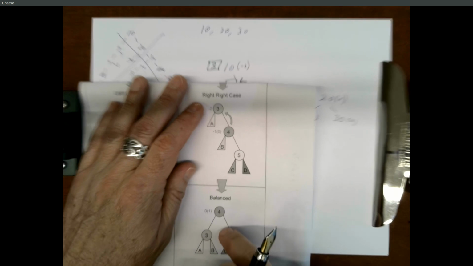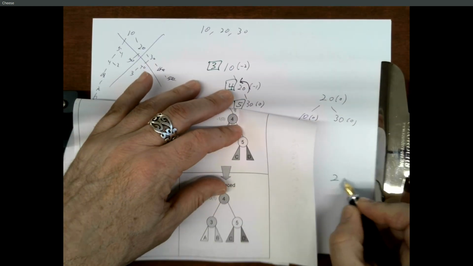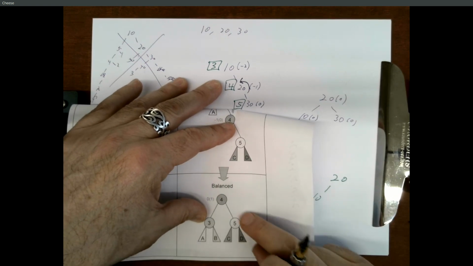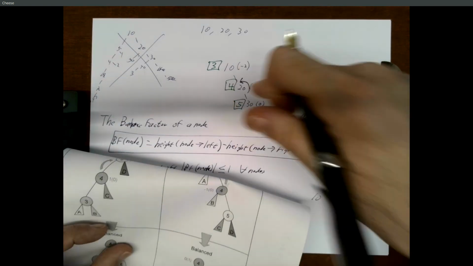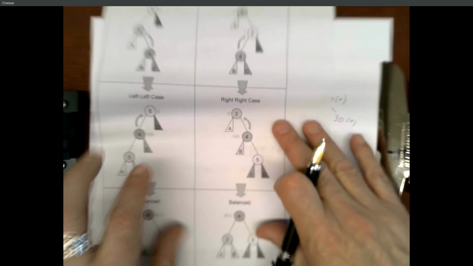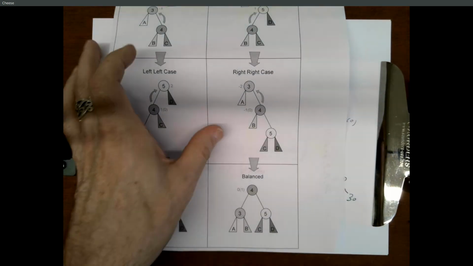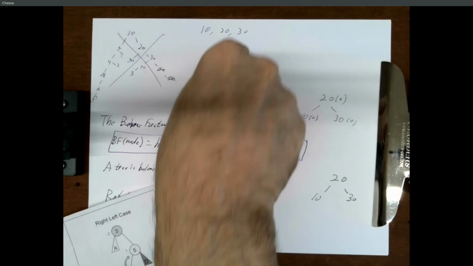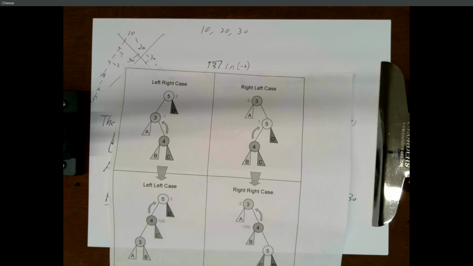And then I would transform it into this balanced case, which says the new root should be node 4, which is 20. 4's left child should be node 3, that's the 10. And 4's right child should be node 5, that's the 30. So that's how I get from there to there by following this. For simple cases like this, we can just do this in our brains, just take this and flip it down. For more complex cases, that's error prone,